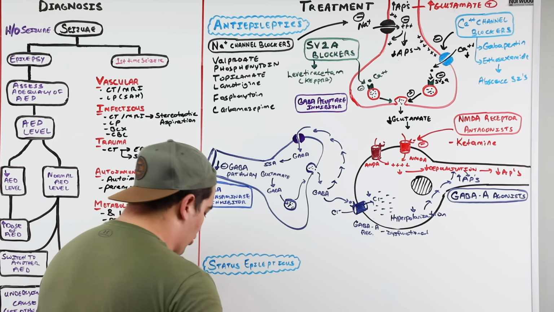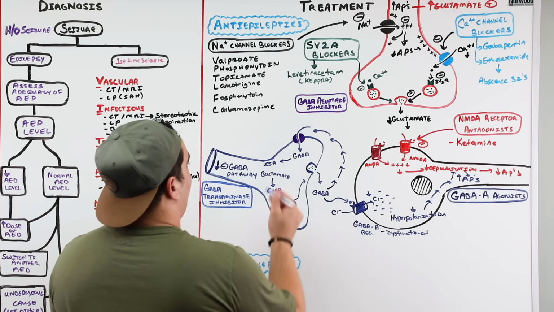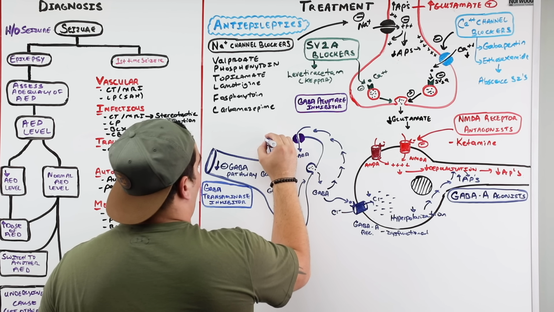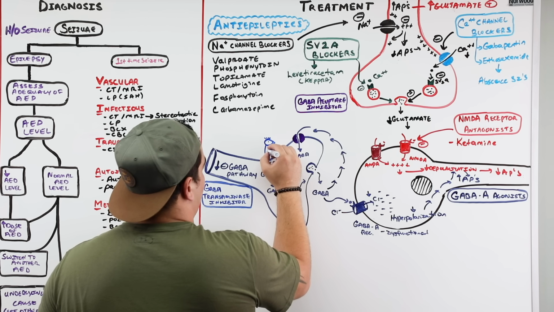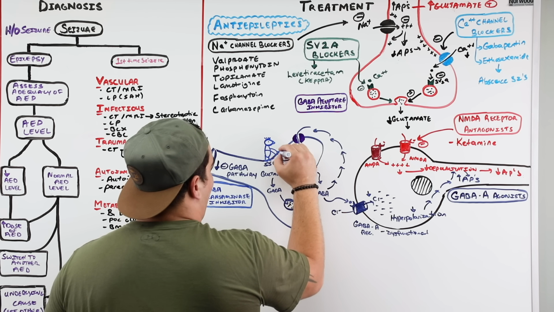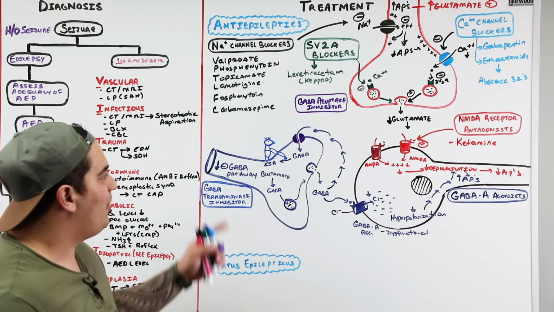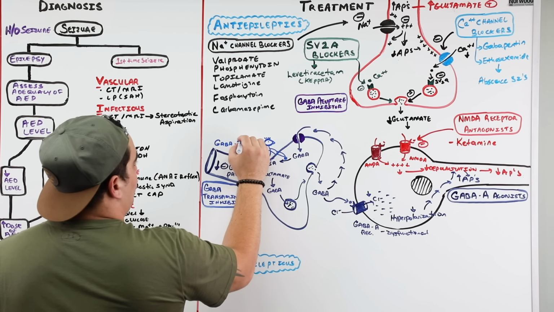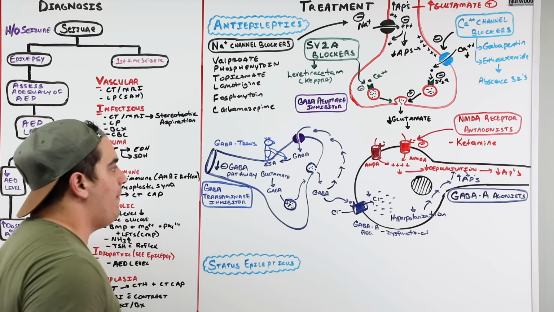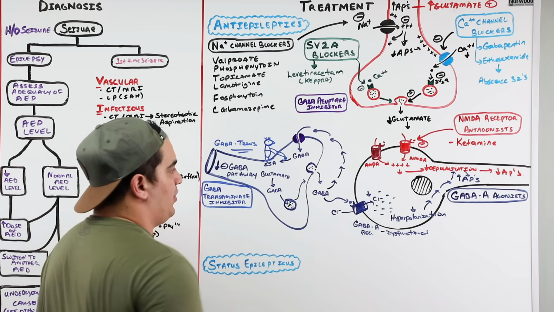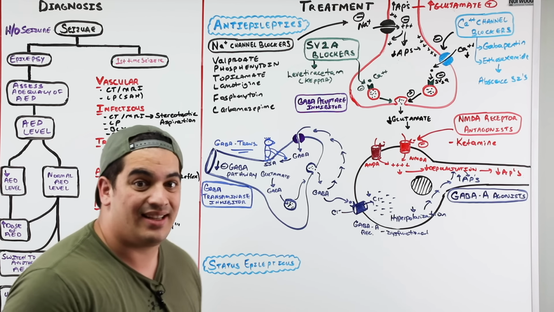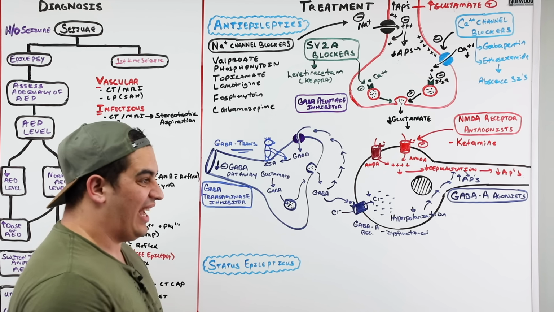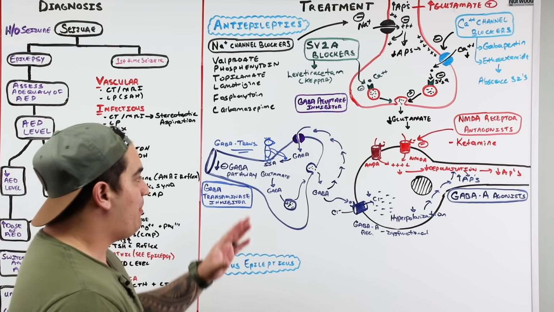So this protein, we're going to draw this in blue here, we'll have this little dude here. Look at this cute little dude. Got a little nose, got a little eye, got some hair, some leggies, and then he's got his arms involved in this reaction. What is this enzyme here called? GABA transaminase. Okay, we'll put transaminase. So this is your GABA transaminase, which is converting GABA into what's called succinic semialdehyde. And that basically renders GABA ineffective from being able to be recycled, okay? So that's our basic pathway.